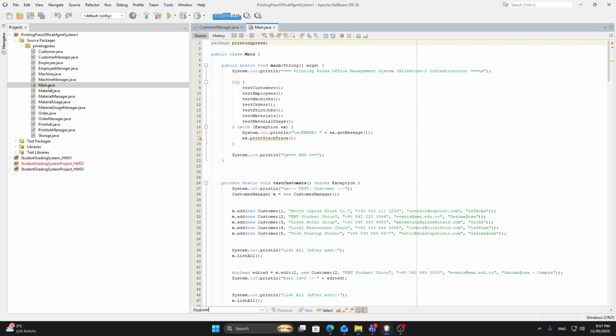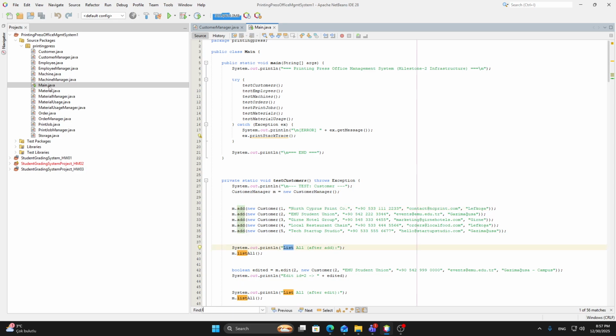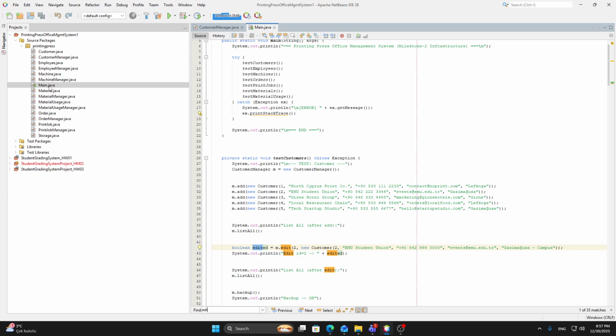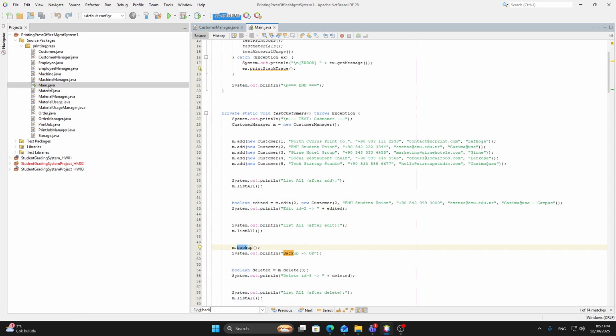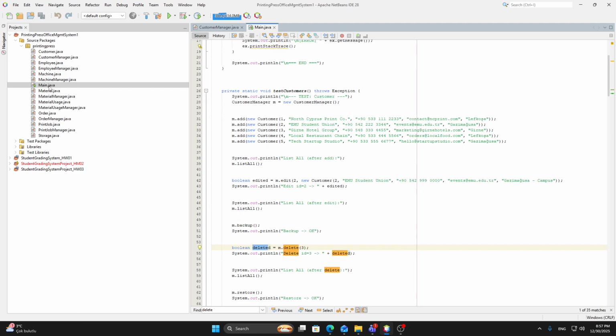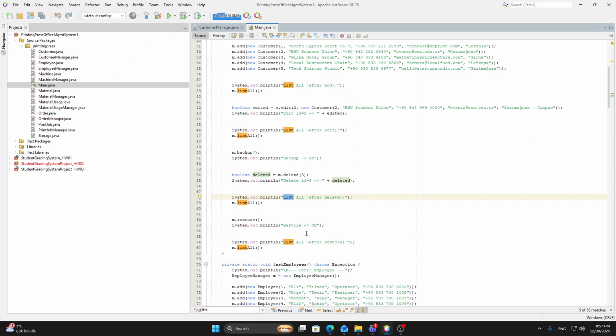Test flow is add sample data, list all records, edit the second record, list again, and backup the data, delete the third record, and list again, and restore the data, and last list all records after restore.